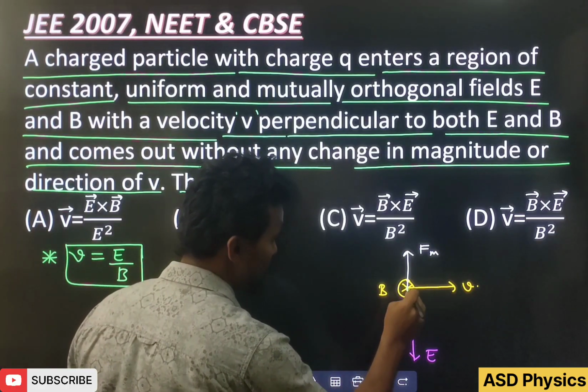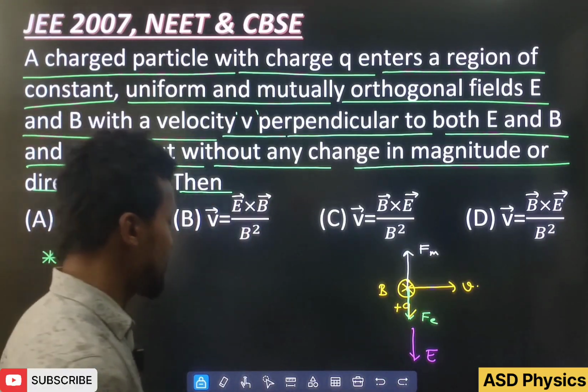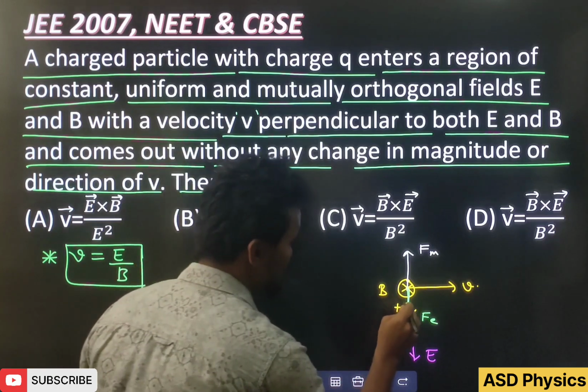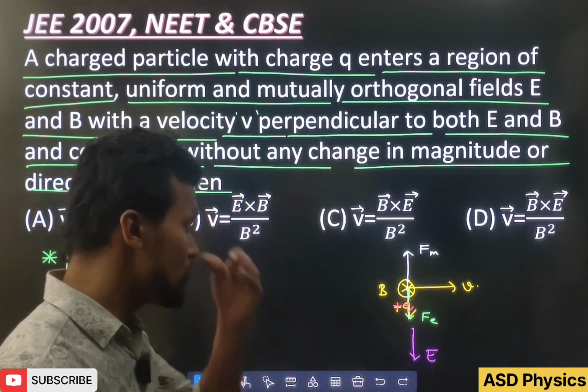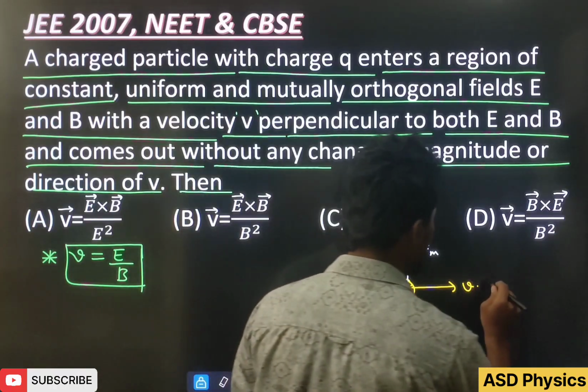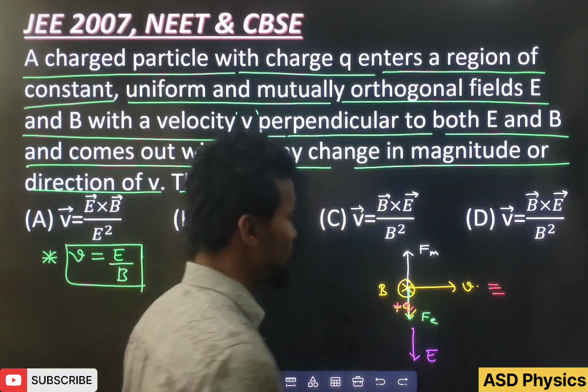So in that situation, what will happen? See, this electrostatic force will be downward. Okay. And anyhow, this charge particle Q is there. So what will happen here? What is the direction of the velocity? You see very well here. I will just write here the direction of the fields. Okay. So see here,